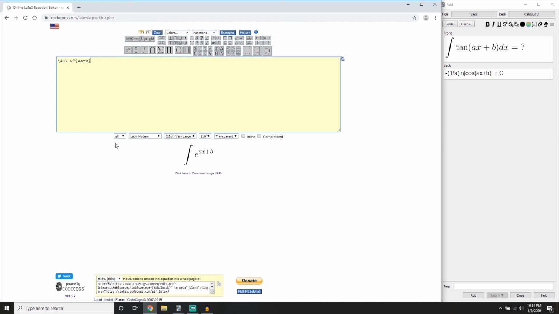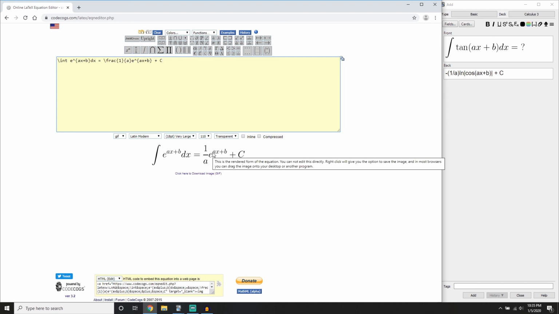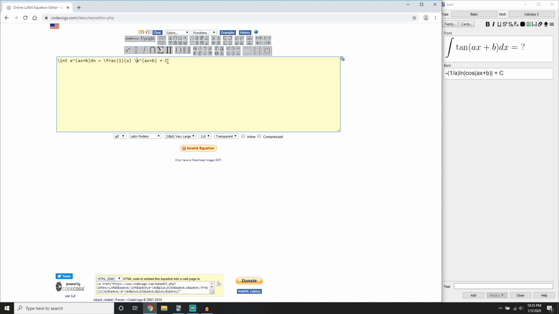I'm just trying to do examples so that you guys get the idea, and then you can go on your own and do whatever you need to do. 1 over a e superscript ax plus b plus c. If you need a little space, because this looks kind of crowded here,